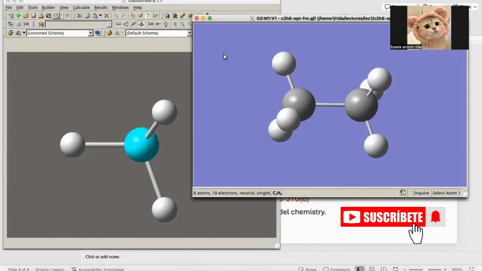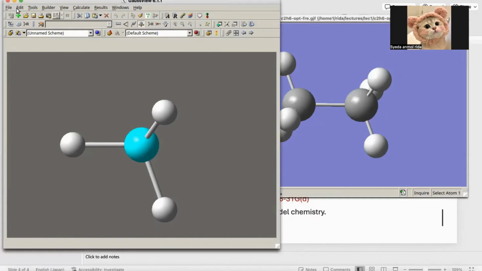So this is GaussView 6.1.1, and now we will see some of the tools available in the toolbar. Here this is the file option where you can open new files, see your old files, save, and many more options. Then next is edit and then tools. We will learn more about these tools one by one. But first, we will talk about the lecture that we studied,